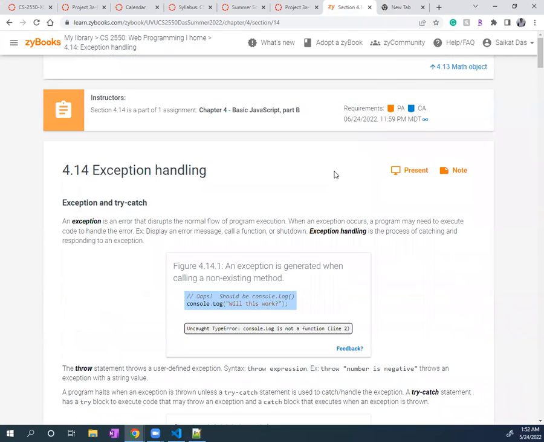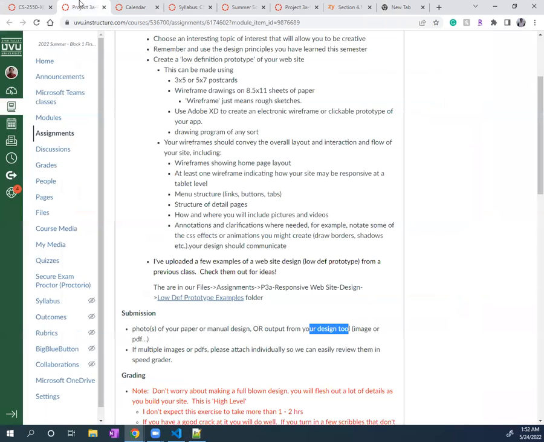And that's all for this JavaScript chapter. And I would like to give you some reminders. One important thing is like,